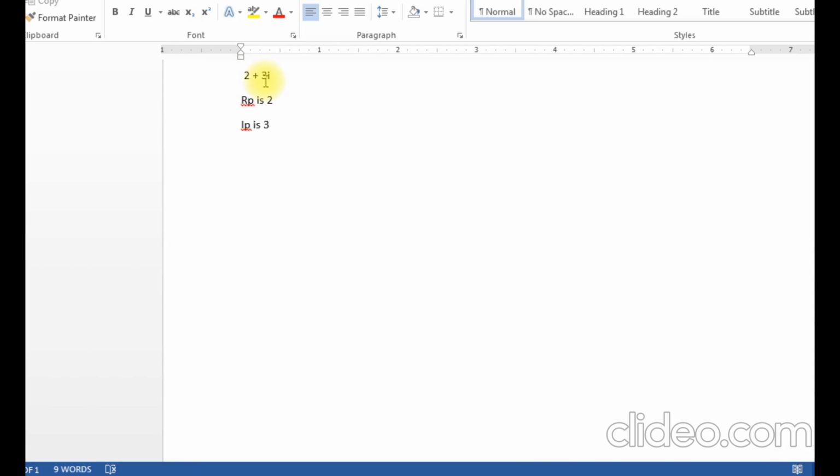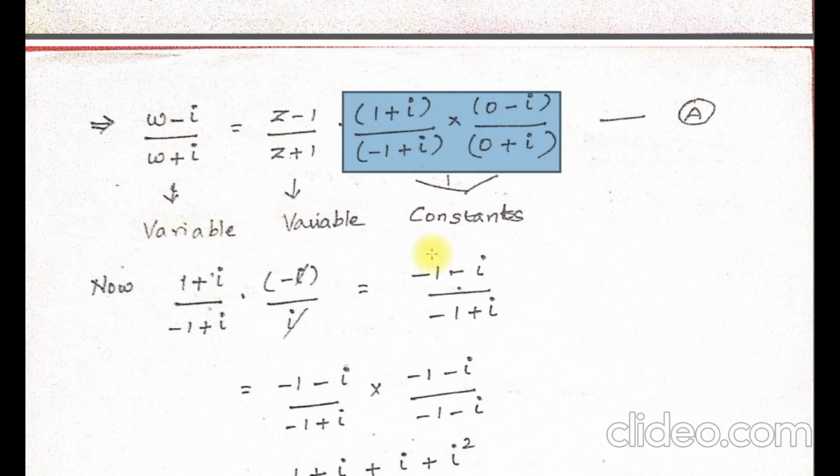And one more thing, to bring any complex number to a standard complex form, keep one thing in mind: the denominator should not be a complex number. The denominator should not be a complex number. These are the things you should keep in mind whenever you are simplifying a complex number. This is not applicable only for this problem. For the entire problem of this type, these are the steps we are going to follow. We have to simplify these constant terms to a standard complex format.